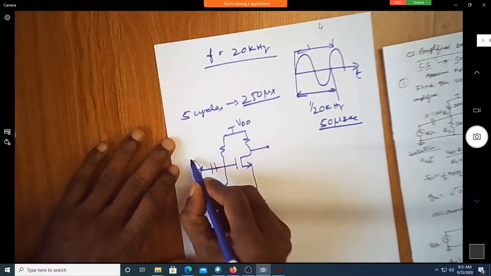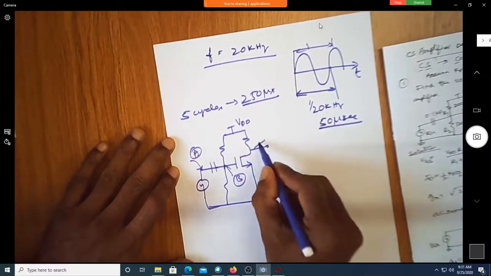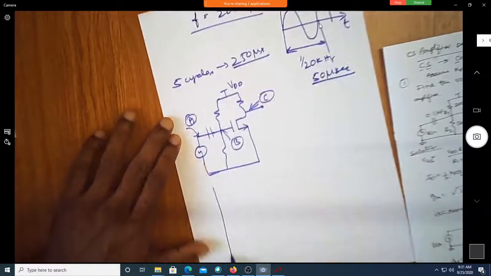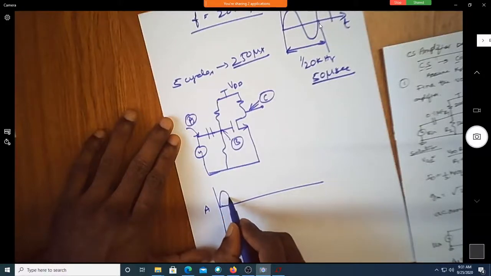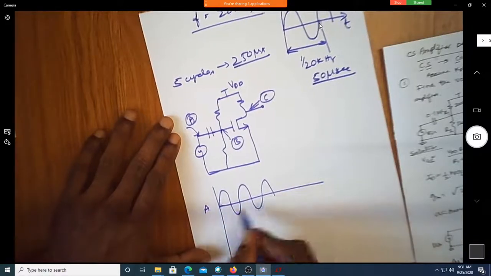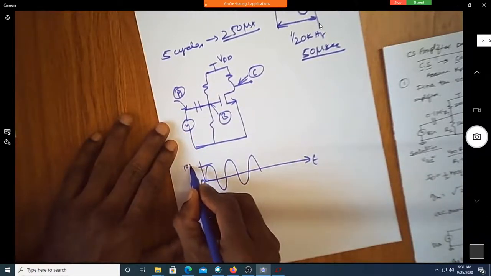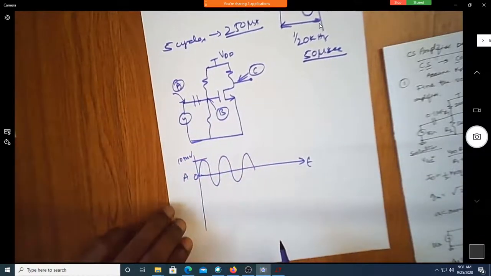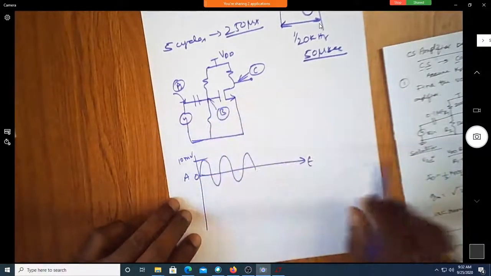Okay, what I'm seeing here is at node A. Let me see it at node B, and let me see at node C. At node A, what are you getting? You're getting a pure sine wave. Am I correct? Yes, sir. It is at 0. So what is the amplitude? 10 millivolt. So if I see the same thing at point B, what is expected?